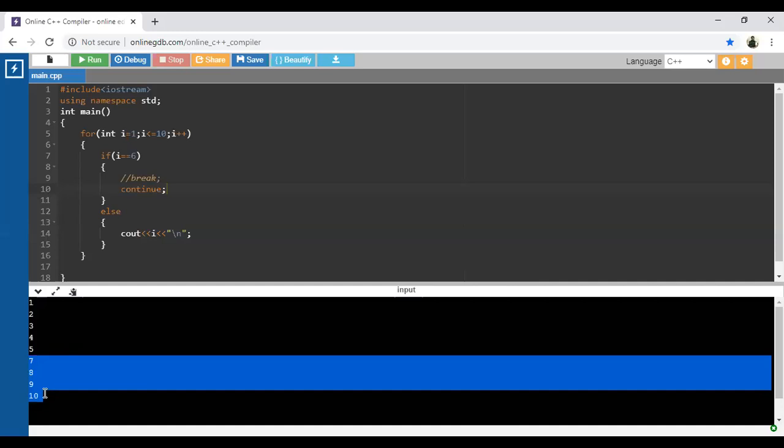So this is the basic difference between break and continue. When break occurs, it will directly exit from that for loop, and when continue occurs, it will just skip the current iteration and resume from the next iteration. Okay, is it clear? So where do we use the break statement, is there any example? Have you used it anywhere like that? So we will take one more example.